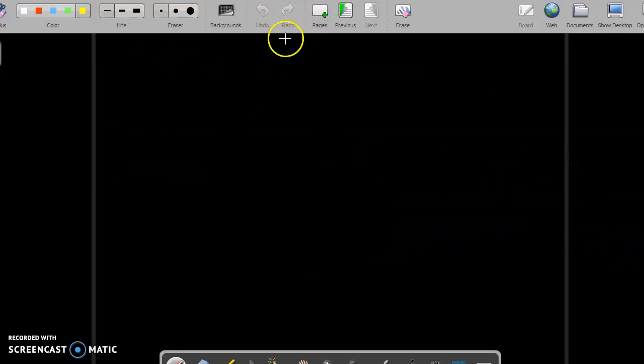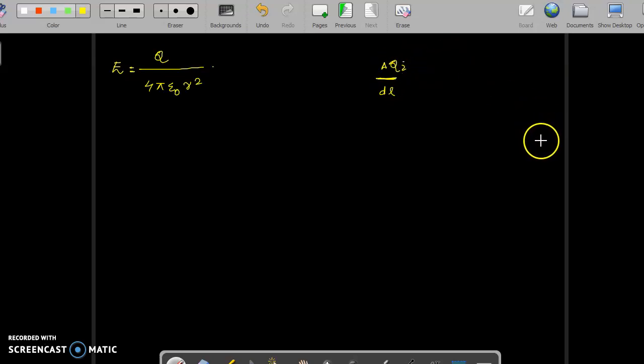So we know that the expression of electric field intensity of a fixed charge is q by 4 pi epsilon r square. If it is in free space, then epsilon r becomes 1. It is epsilon naught. Let us take a small segment. Its width is dl, and the charge is delta q. Let us take it as the ith element, and the E becomes,